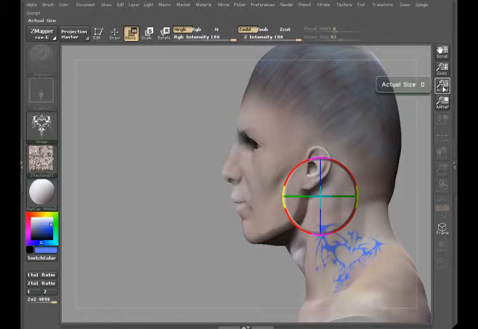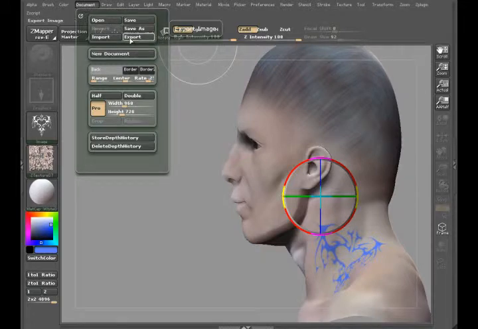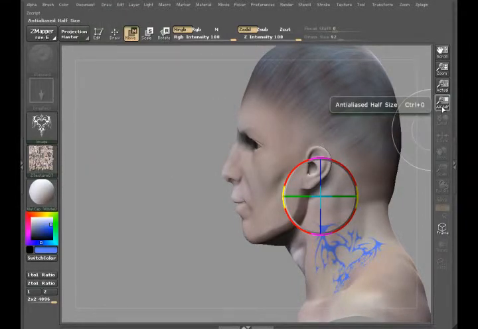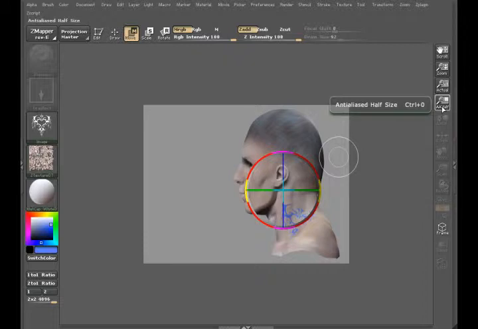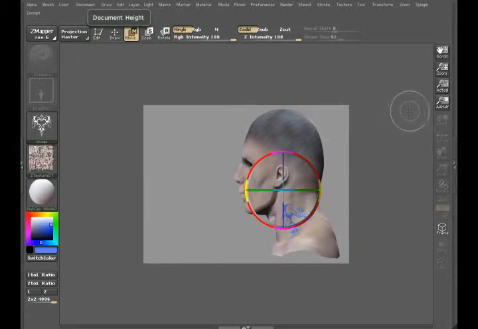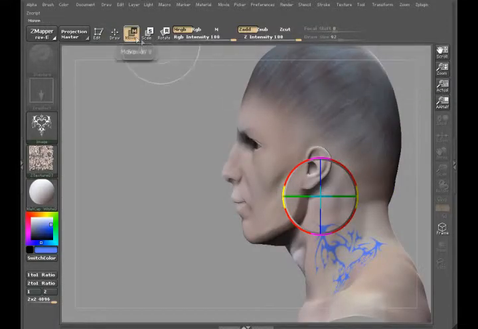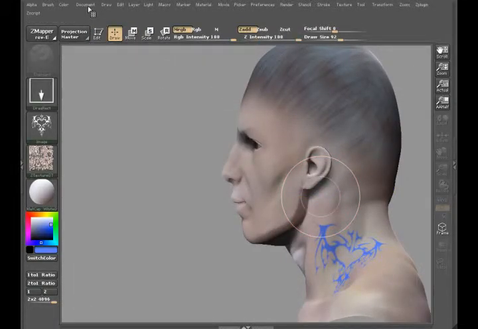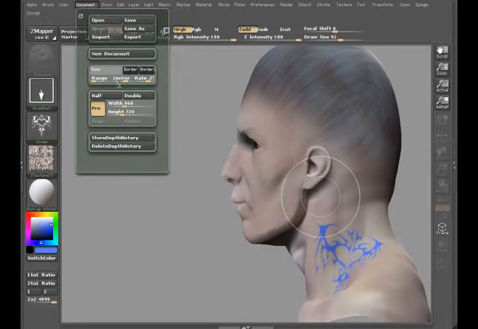Now when you set this at actual and you go to document and export it, it will export the height and width of the document. If you press half, and the document says the same as it did before, it will do half that value when it saves it. If you go to document and you press double and you want to try increasing your image,